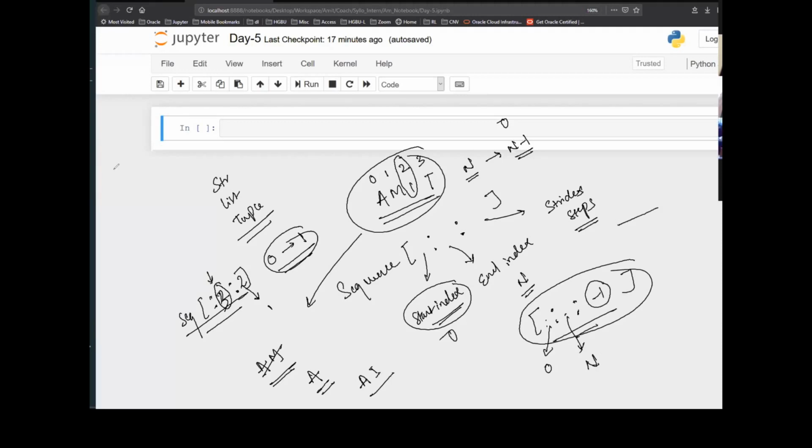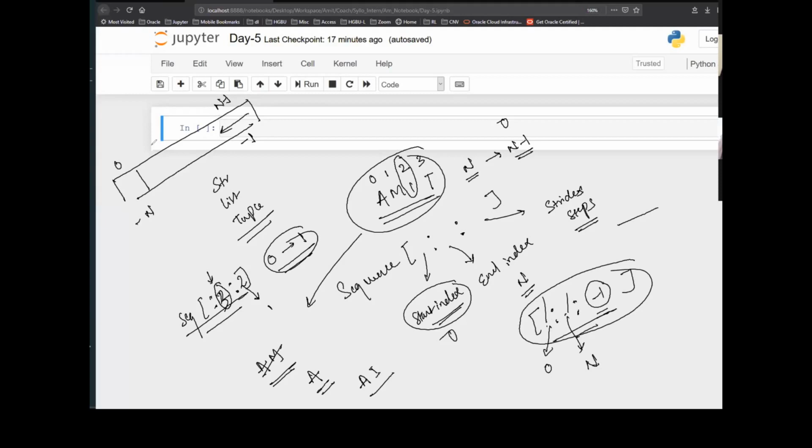In most programming languages, the index for a given sequence starts from 0 and goes till n minus 1. Also from the back, the reverse side, it starts from minus 1 and goes till minus n. So when I'm saying take negative steps, that means start from the back. The rest of the things remain the same: the start index is 0, the end index is n, but take negative steps.